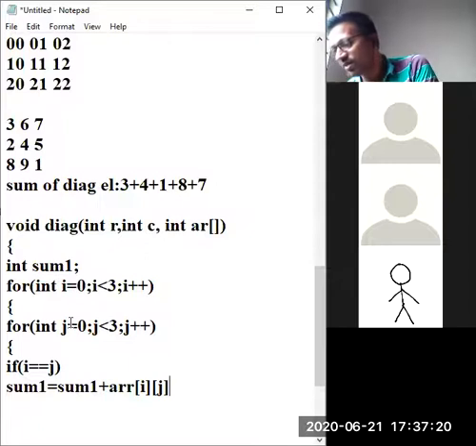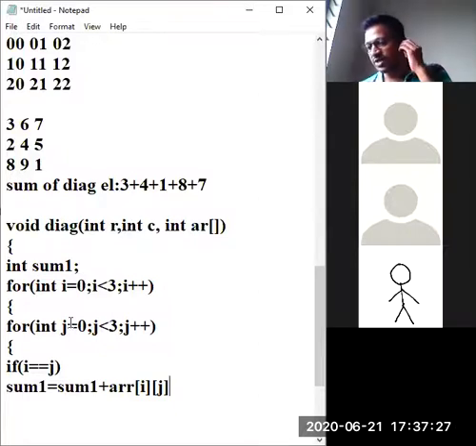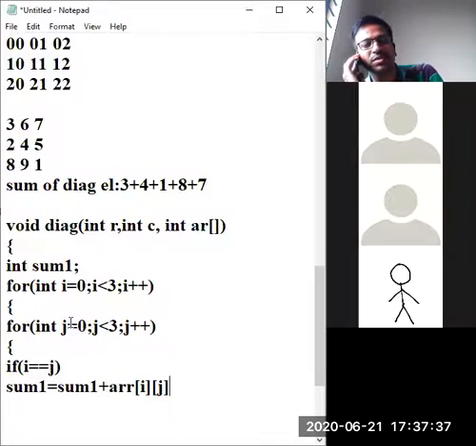Yash, maybe connection problems or what? Yash called, a WhatsApp call he has given. Just a minute, let me attend to this call. Yash, what happened?